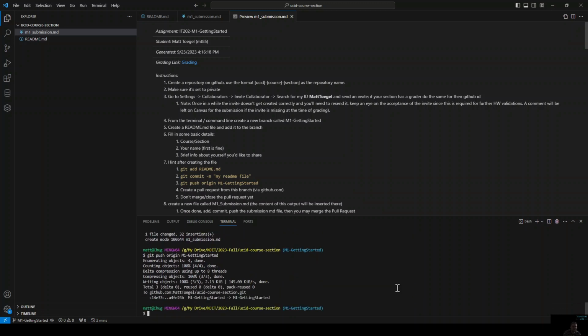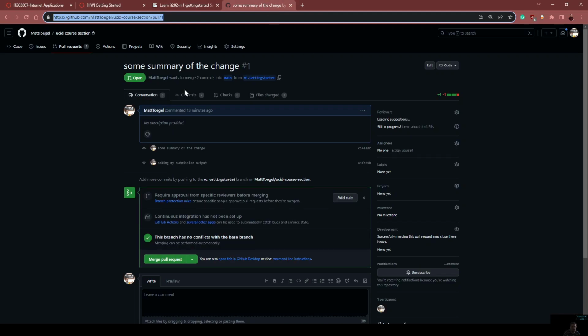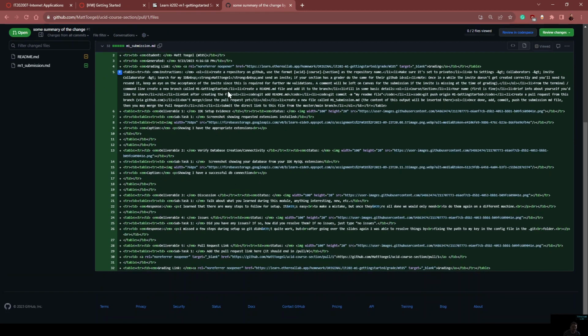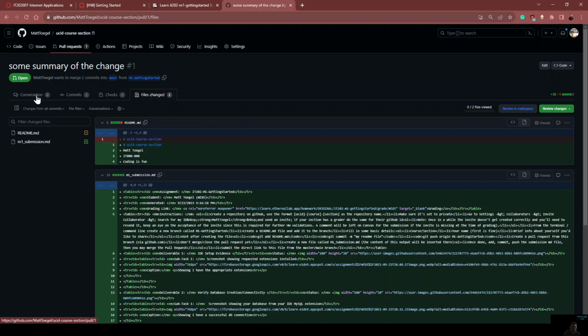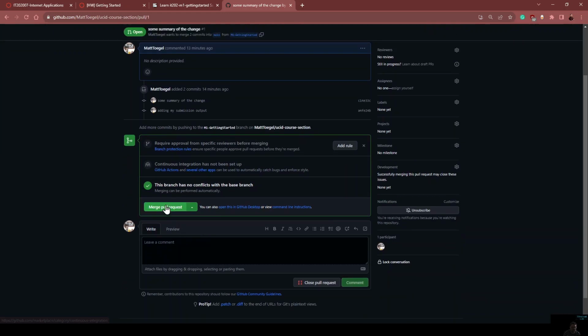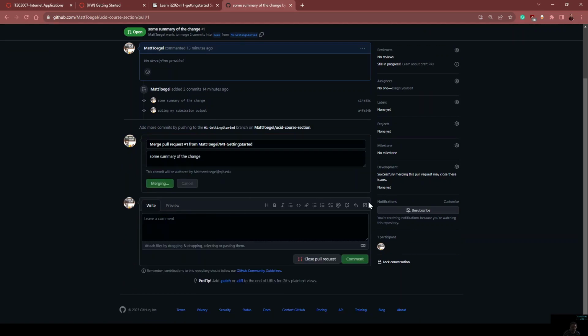Good. Now I should all be synchronized. You should see the new, sorry, not pull request, you should see the new commit message show up. If you want to double check, you can always check files changed and make sure that you have the output here. Once everything is all good, wait for this to turn green, merge pull request, confirm merge, and then we're